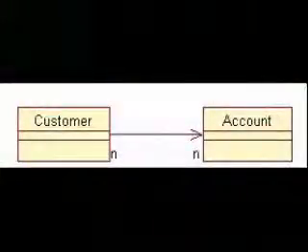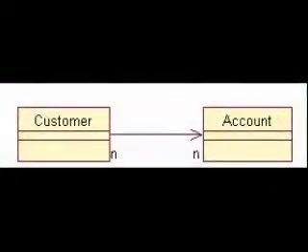In the next slide, the navigable association is shown with an arrowhead on the end of the association path attached to the target class, which is Account. The arrow indicates the direction of traversal. If the navigation is possible in both directions,